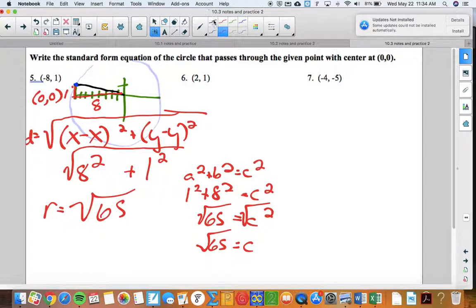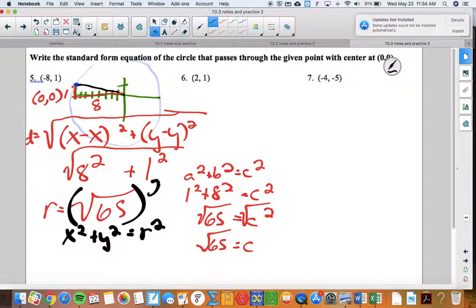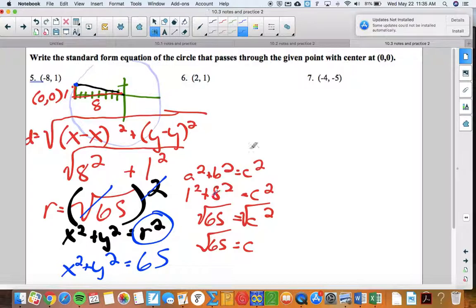Now, careful. Our equation is going to be x squared plus y squared equals the radius squared. So now I need to take this radius and I need to square it. And what does squaring and square rooting do? They cancel each other out. So the value that I'm going to plug in for this r squared is 65. So we have x squared plus y squared equals 65. Let's try that on the other ones. I'm going to go a little bit faster here because, again, we also have the point 0, 0. I should make a sketch. So from here,